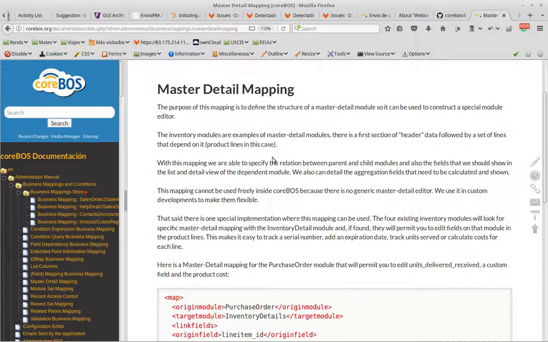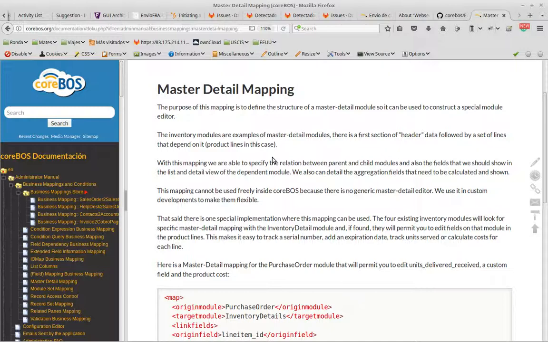The need when we have master detail modules? Well, we create them separately with external tools, with more modern tools like Polymer or Angular or JavaScript, whatever we need to use to build a very nice and neat visual user interface that's more intuitive for the master detail problem. And when we do that, we use this master detail mapping